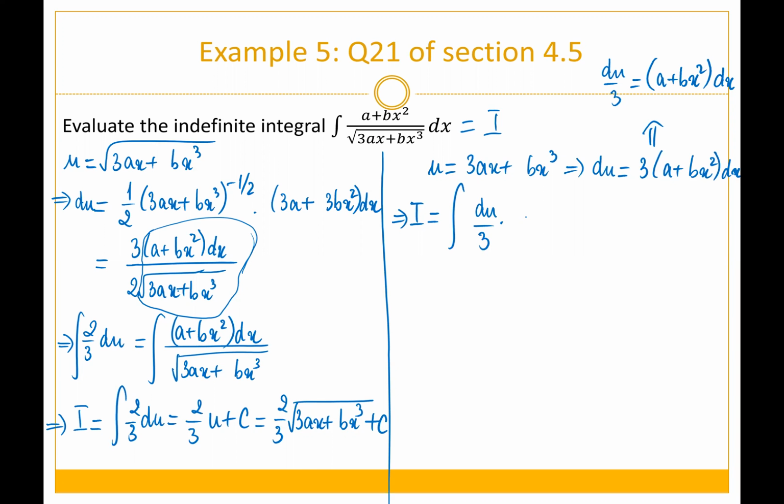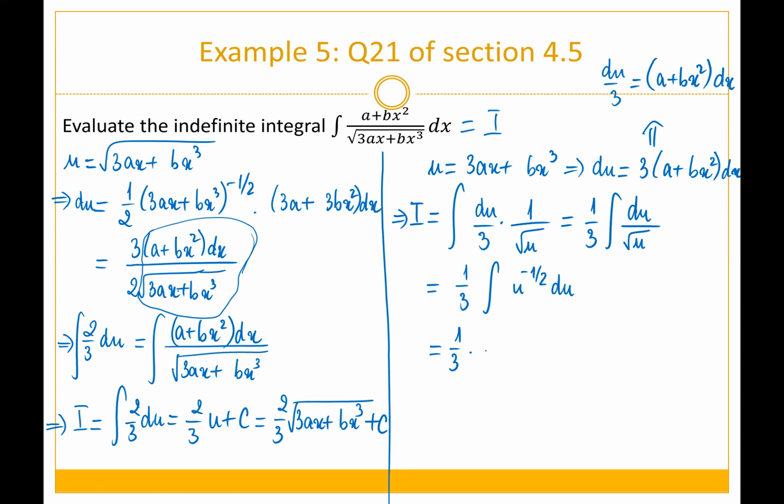And so in the denominator, you're just going to have square root of u. So you're going to have basically 1/3, I'll take it outside, du over square root of u, and now it's just going to be the integral of u to the negative half du. And so 1/3 multiplied by